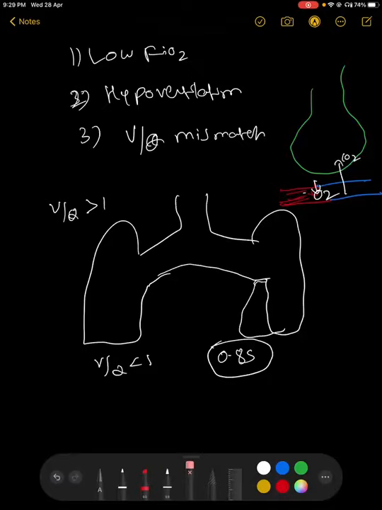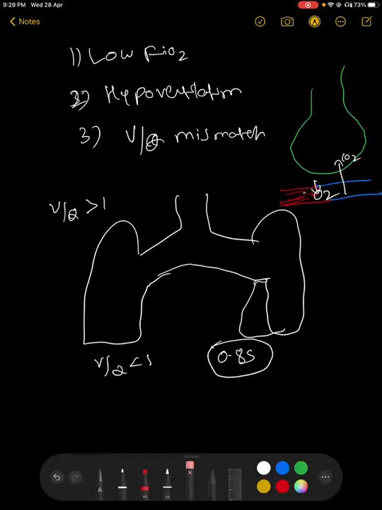Okay, but CO2 can still be eliminated outside, again because of its decreased affinity, because it has altered affinity and more diffusion through the alveoli. So if the ventilation is less, again it will lead to type 1 respiratory failure, and eventually it will end up with type 2 respiratory failure later.